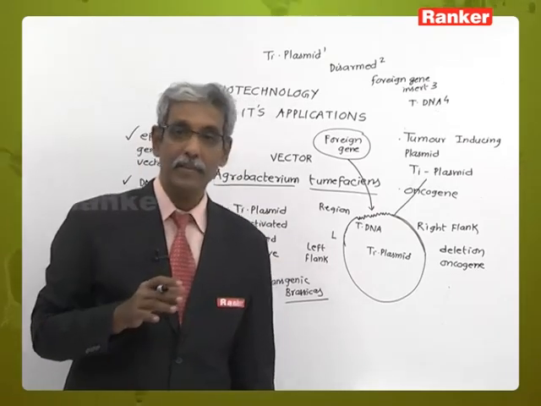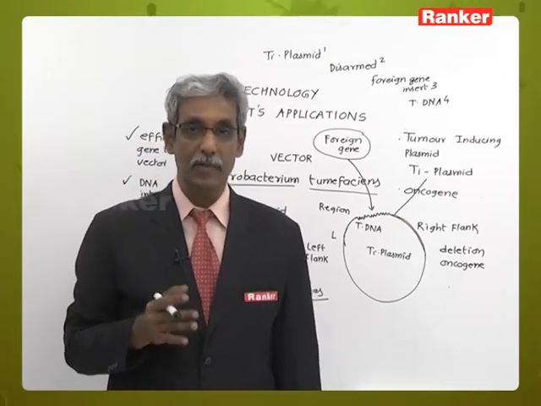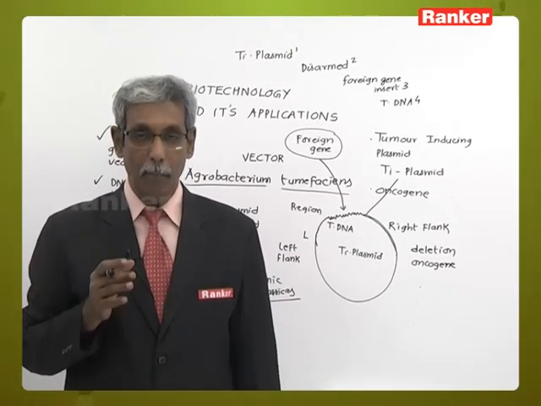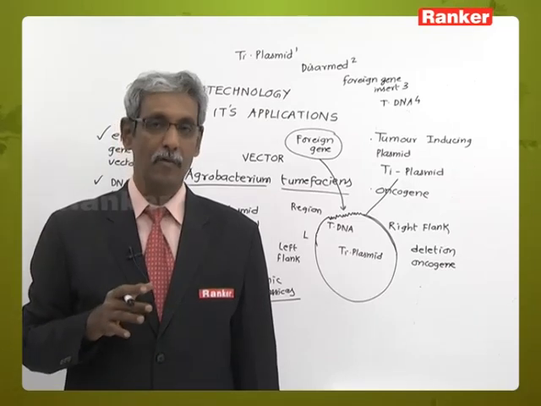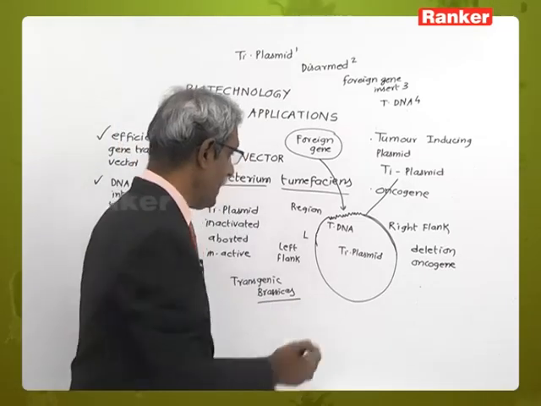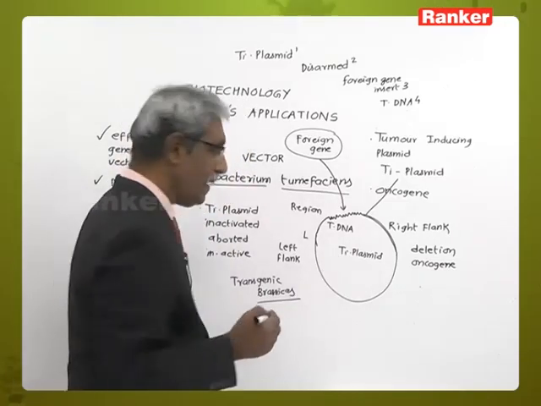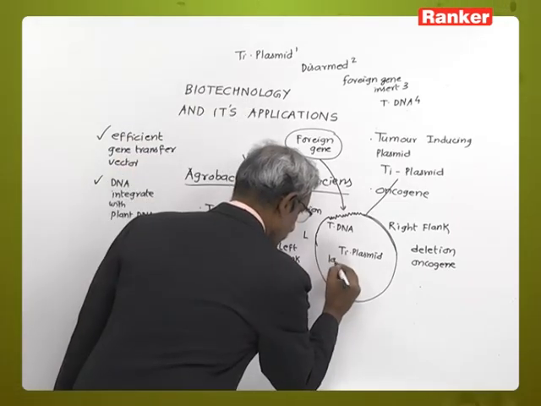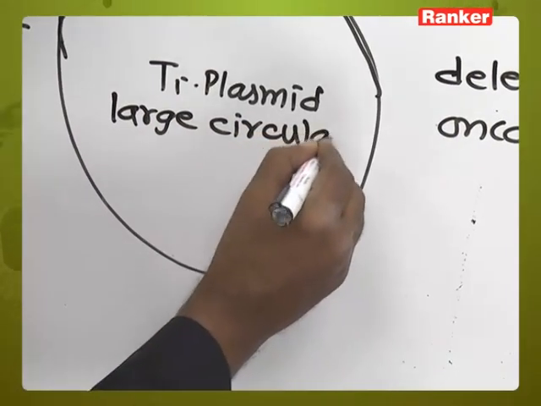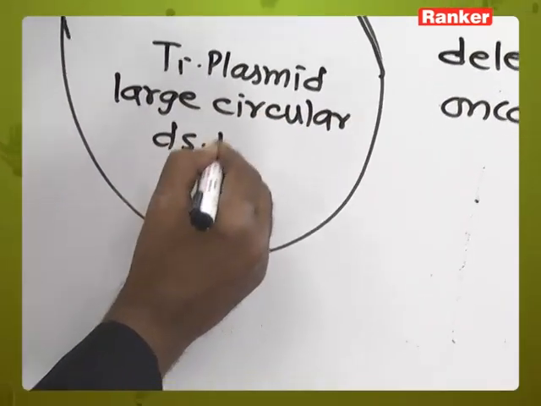So, 80% of plant genetic engineering which occurs in the world occurs by means of Agrobacterium tumefaciens, and the most important valid plasmid for genetic engineering is the TI plasmid. So, what exactly is the TI plasmid? The TI plasmid is a large circular DNA. It is a large circular double stranded DNA,